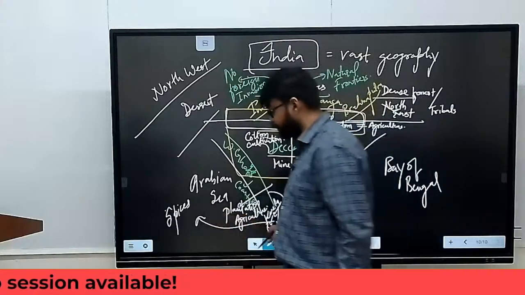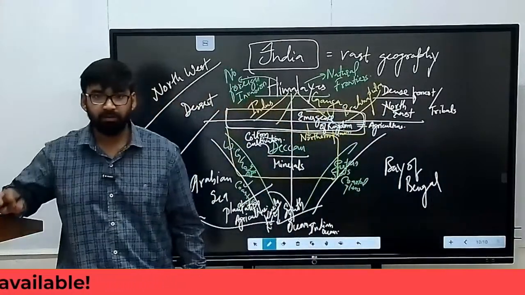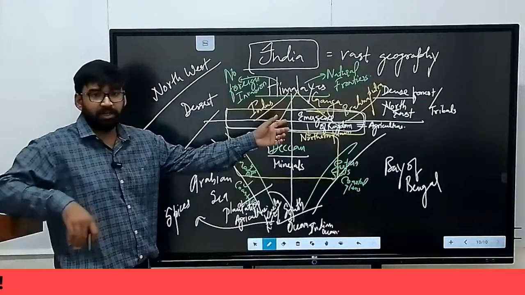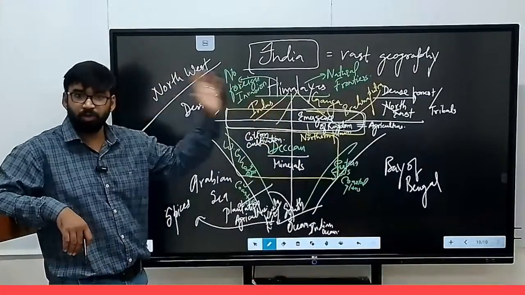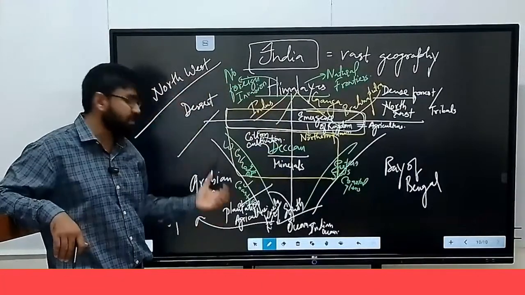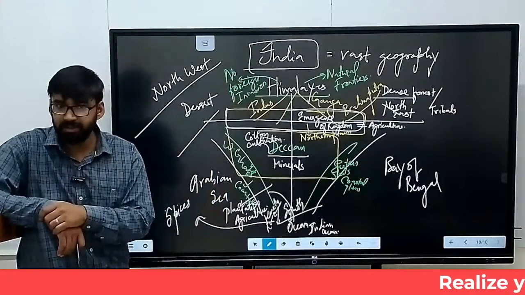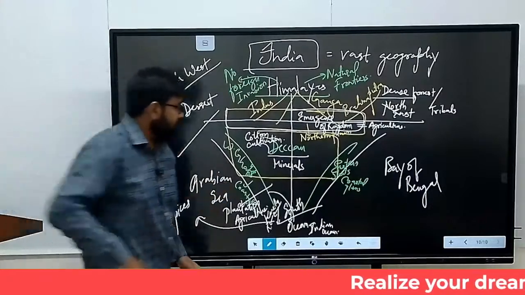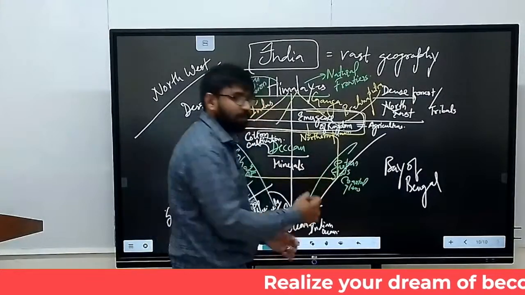So spices are the product of South India. It cannot be cultivated in the North because of geography. So spices are the fruit of tropical region. Clear? Now, if you see Tamil Nadu,